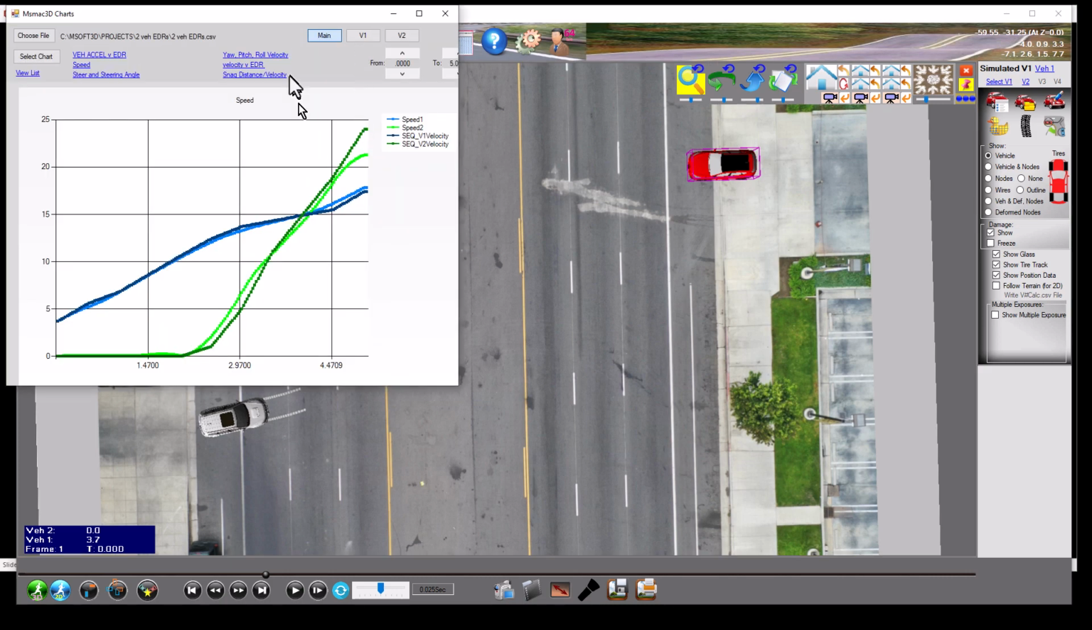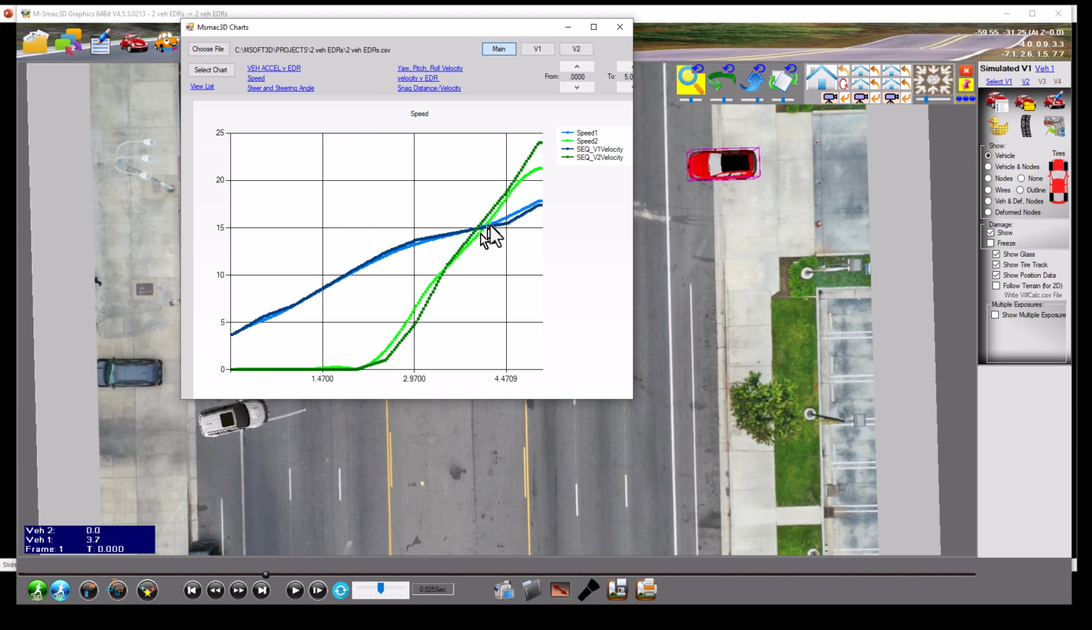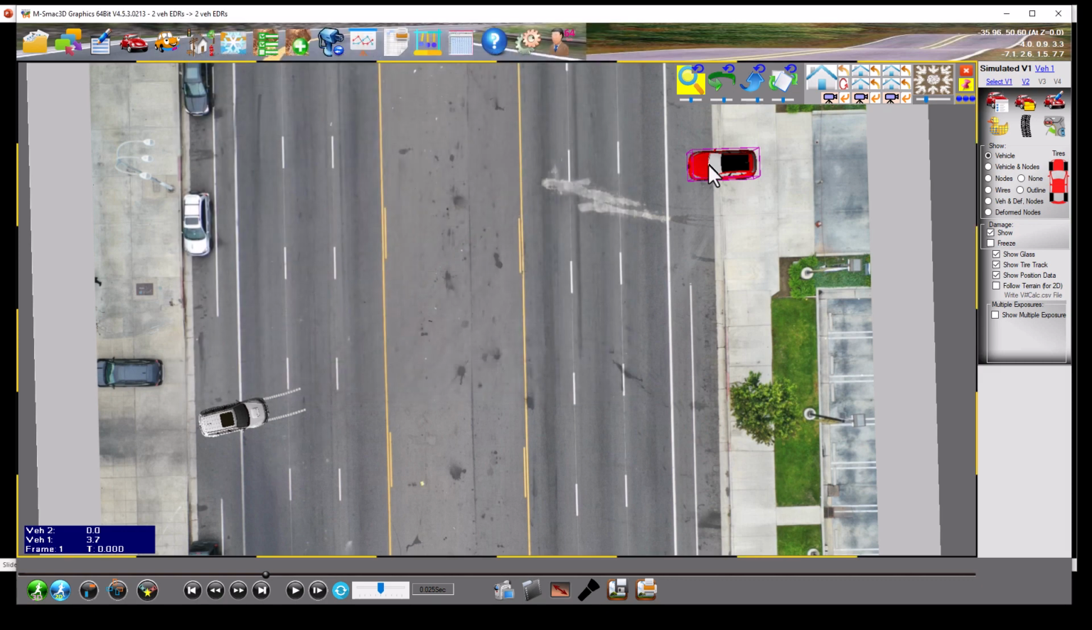Now we look at the acceleration and the speed. We're matching it pretty good. Right around 5 seconds, we seem to need to have this a little higher, and that's for vehicle 2. Otherwise, we're looking good. So if vehicle 2 is here,